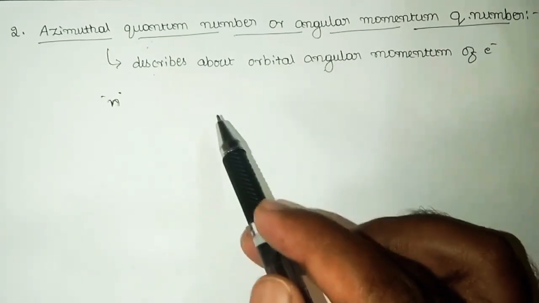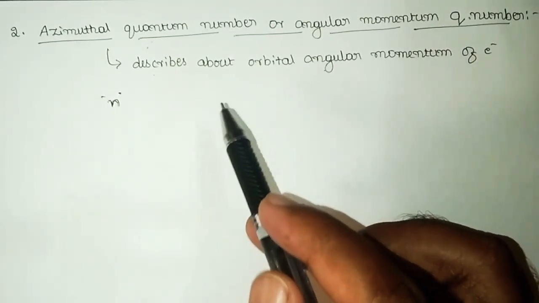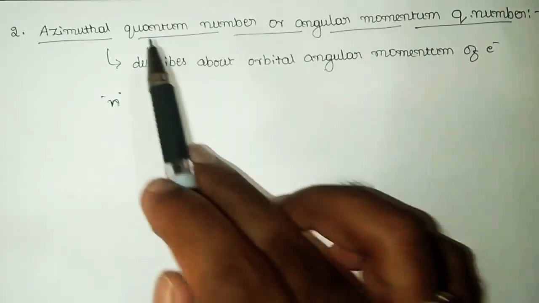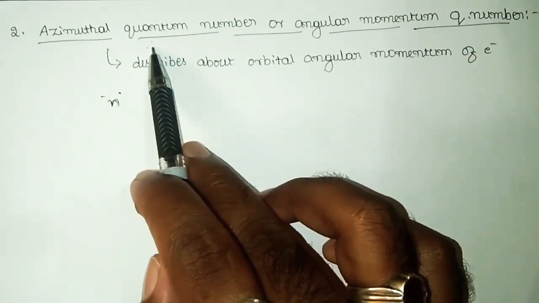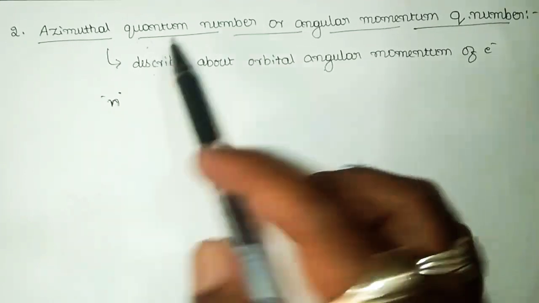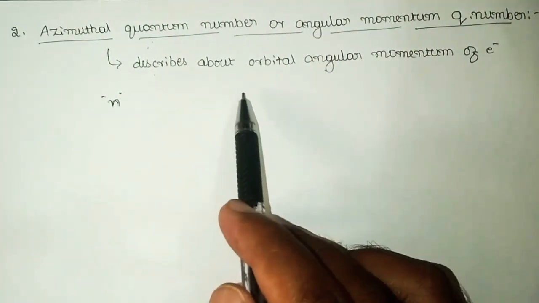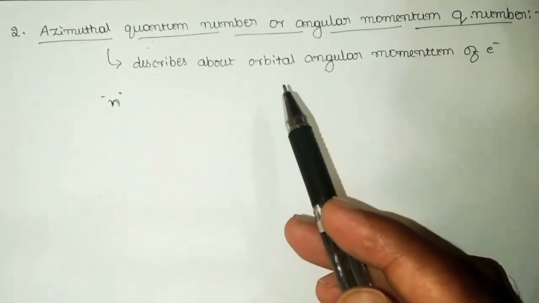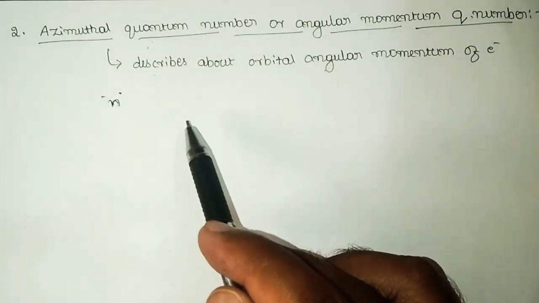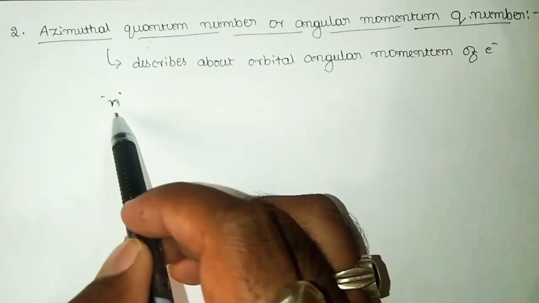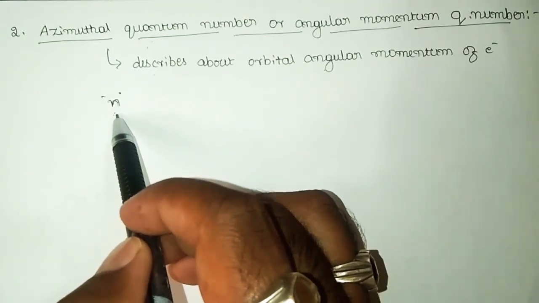And the exact magnitude of the angular momentum possessed by an electron can be calculated with the help of the azimuthal quantum number. And the energy associated with the angular momentum of an electron will always be within its total energy, that is determined by the value of the principal quantum number, that is n. That means